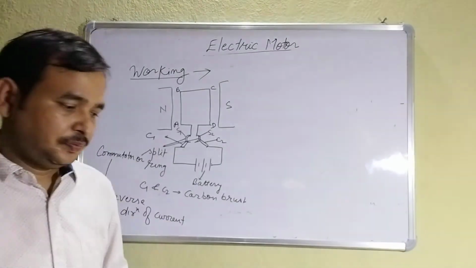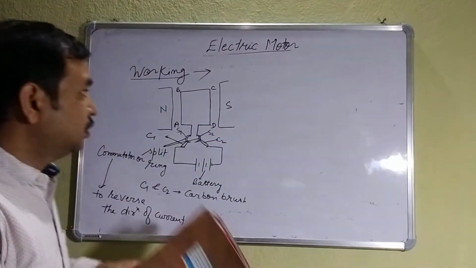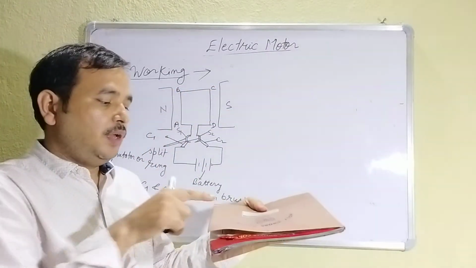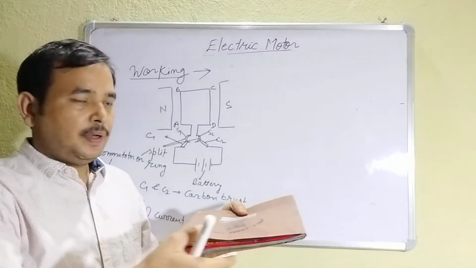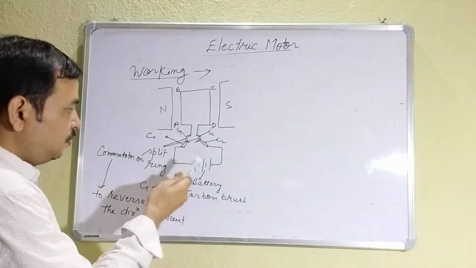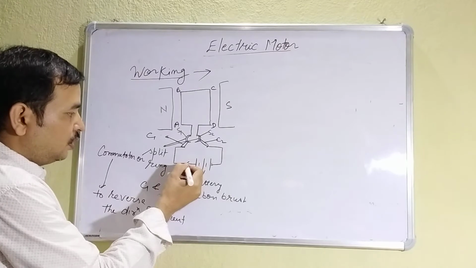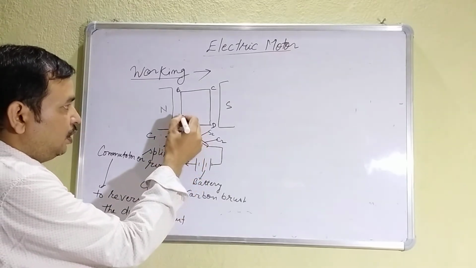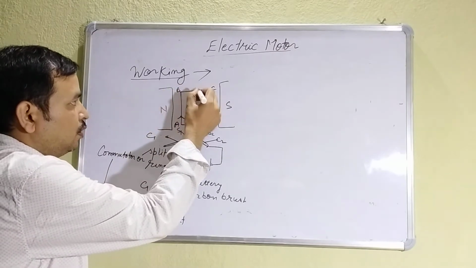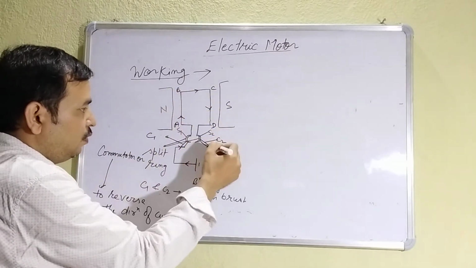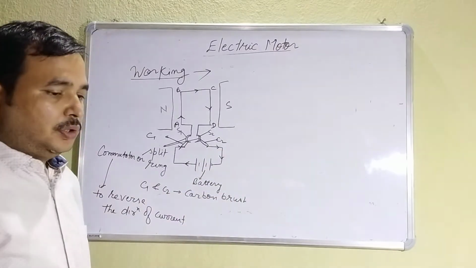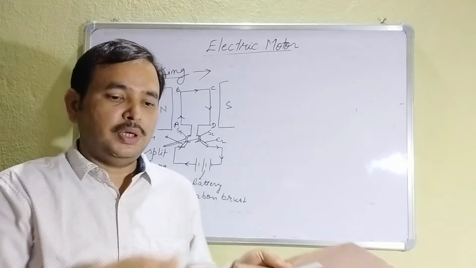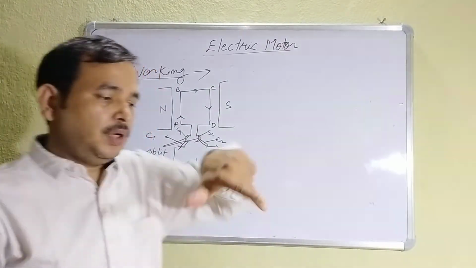Now you can see, suppose this is the armature. In the board I have drawn like this. This is A, B, C, D. Clear? Now this positive terminal will provide the current. The current will start from here. It will pass through C1, S1, and it will move from A to B, B to C, C to D. Again it will return back in this way.